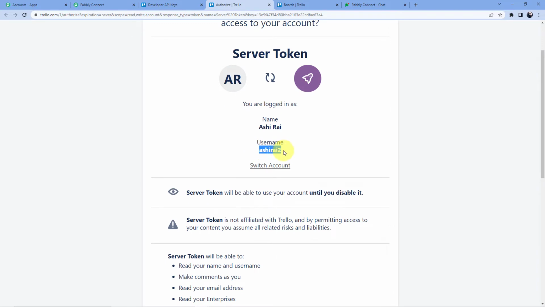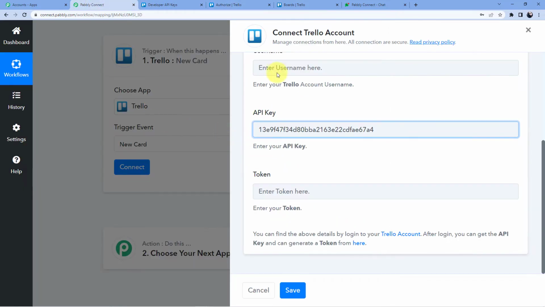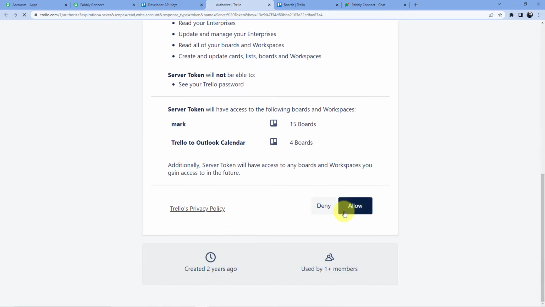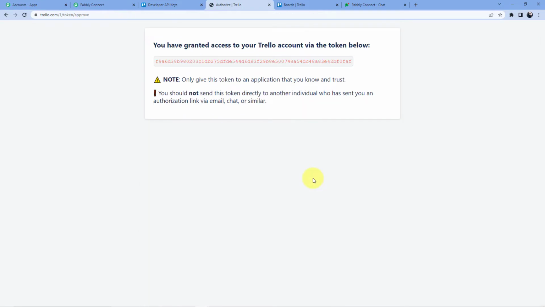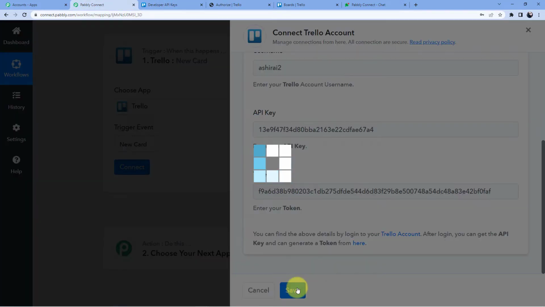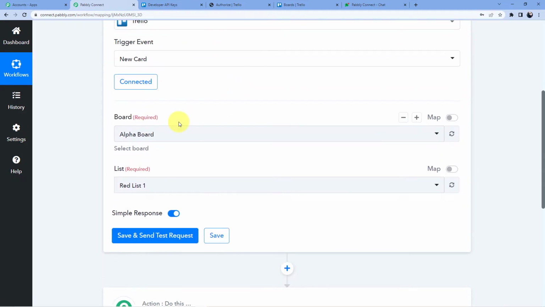Now here you can see this is the option of token, click on token. Here you can see this is the username. So Ashirai2 is the username. Go for Ashirai2. Go back. Allow. And here this is the token. Copy this token. Go back and paste it in the token section. Now you have to click on save, and as soon as you click on save, you can see here